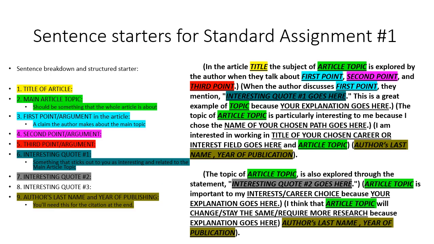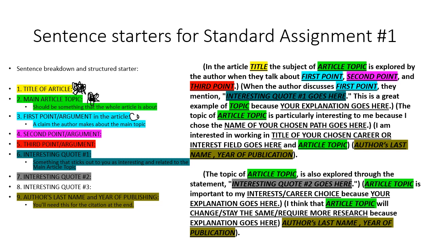And if you go to the assignment, at the bottom of the assignment is this screen. This screen allows you to complete the assignment using what is effectively a Mad Libs version of the 2-paragraph requirement that I had for you. So instead of writing those 2 paragraphs completely, you would be effectively filling in the blanks. So what you do is you put the title of the article right here, where it says title of article. You would write the main article topic right here, where it says main article topic.